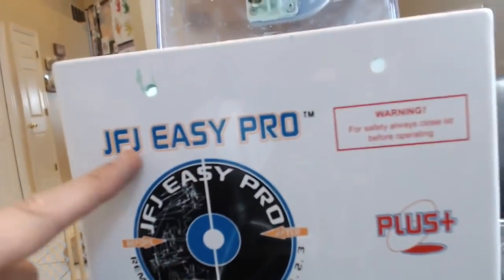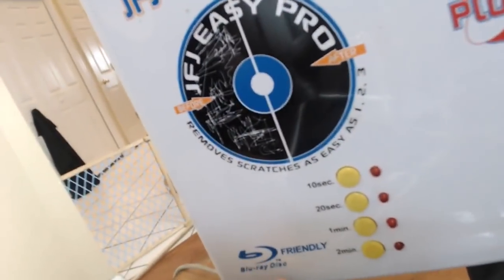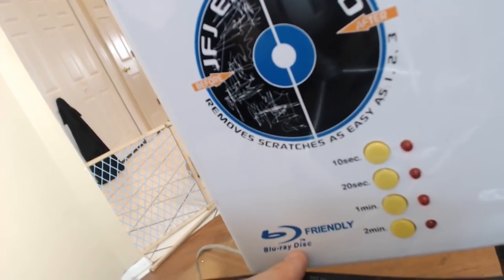So that's pretty much how easy this is to operate. I think we've had this thing for a couple years now. Cleaned thousands and thousands of games. Definitely got my money's worth out of this. It is a JFJ Easy Pro, and this is the Plus. I do that because the Plus has the Blu-ray disc, and then I always use only the JFJ disc repair